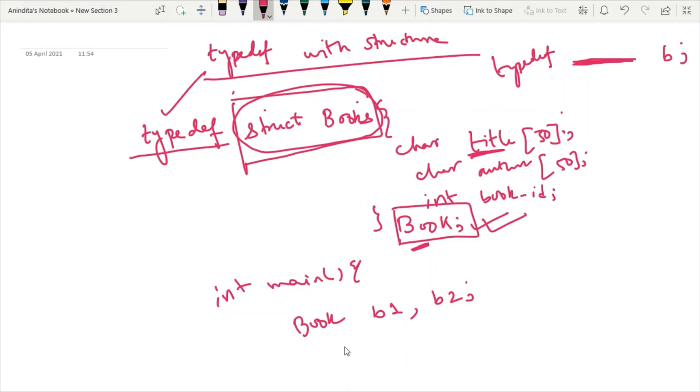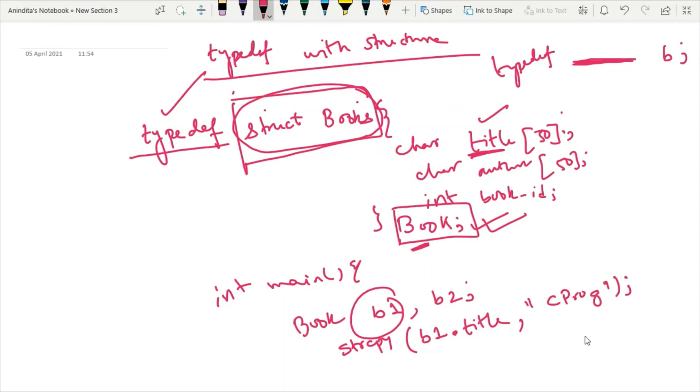So I will just write strcpy, then the variable name. Then what is the variable name? B1. Then dot operator, and where I want to take the value, inside title. And what is the title of my book? Say C programming. So this is how I can take input.